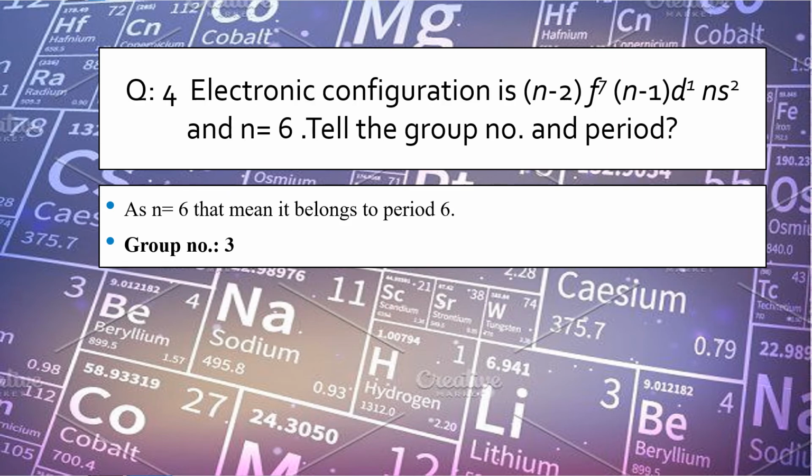Now the last but not the least, question number 4. The electronic configuration is (n minus 2) f7 (n minus 1) d1 ns2 and n is equal to 6. Tell the group number and the period. As n is equal to 6, it belongs to the 6th period. Now what is the group number? As we have already told, all the f block elements belong to which group? Group number